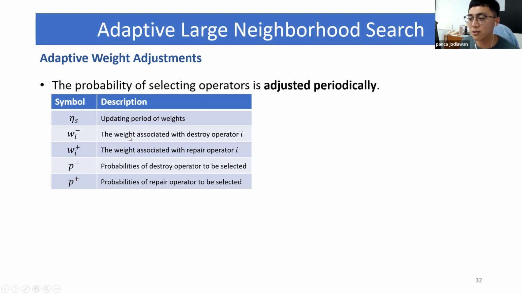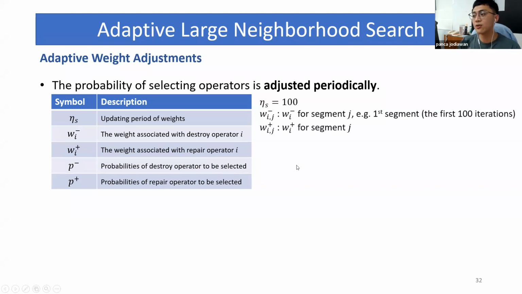Each of them represents the weight associated with the destroy operator, the weight associated with the repair operator, and then p minus represents the probabilities of the destroy operators to be selected, and p plus represents the probabilities of the repair operators to be selected. Now, consider that eta s, or the updating period of weights, equals 100. It means that you will update the probability of those operators every 100 iterations.